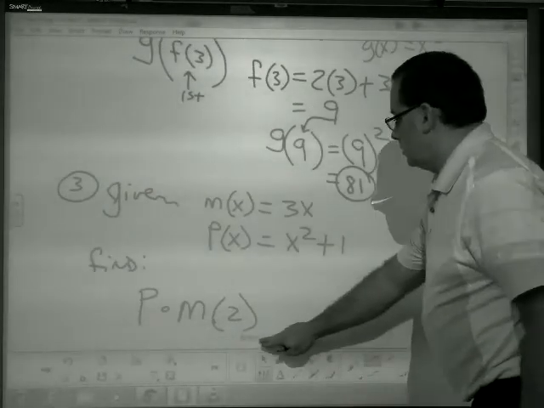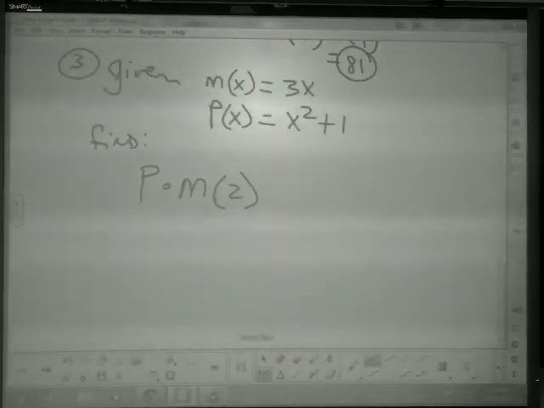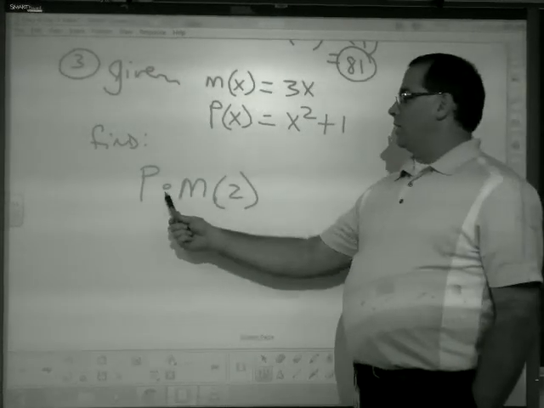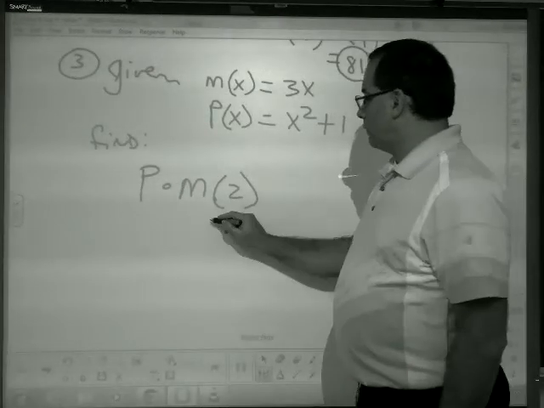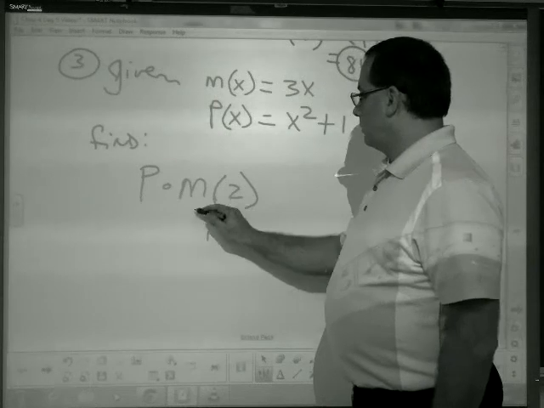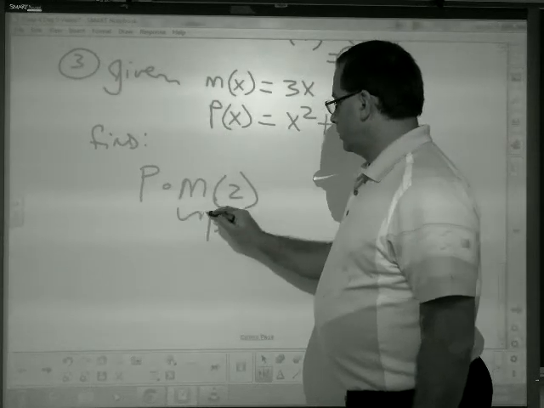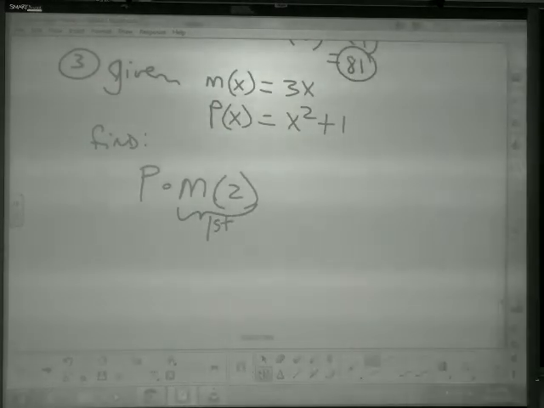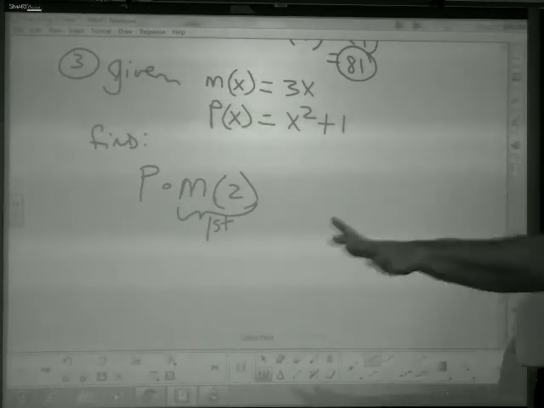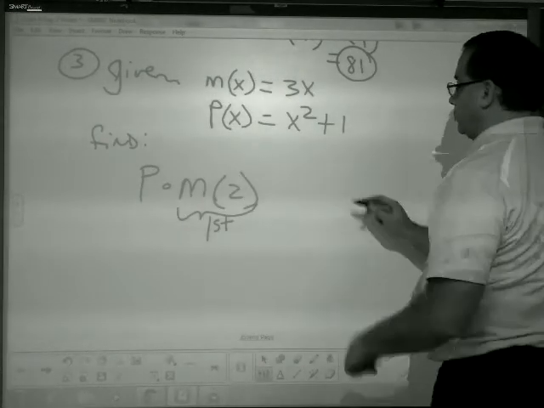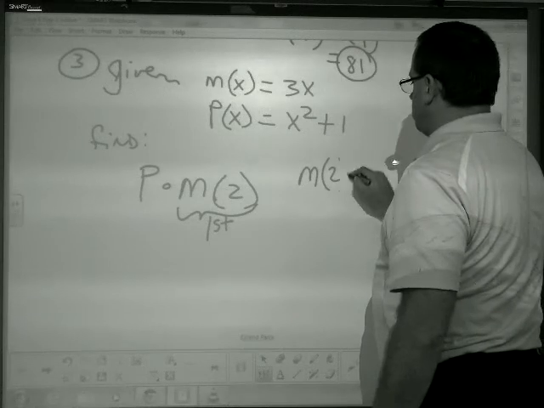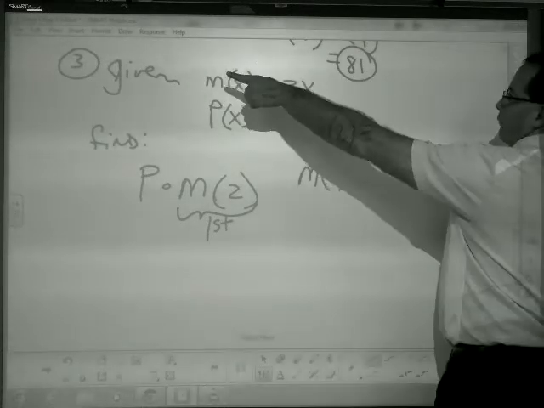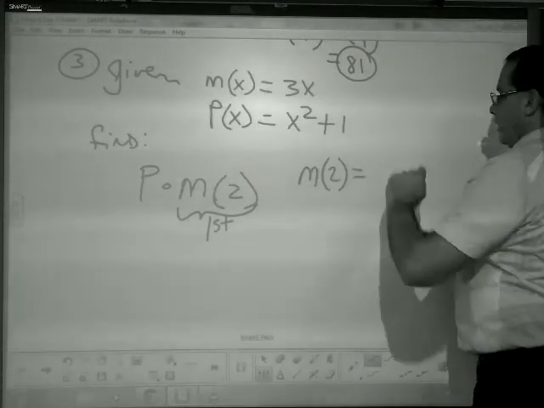Let's take a look at this one. Okay, so again, using this notation, we do this first. We do all of this first. So we ignore the p for a minute, we do the m of 2. In the m of 2, well, here's my m function. If I put a 2 in,